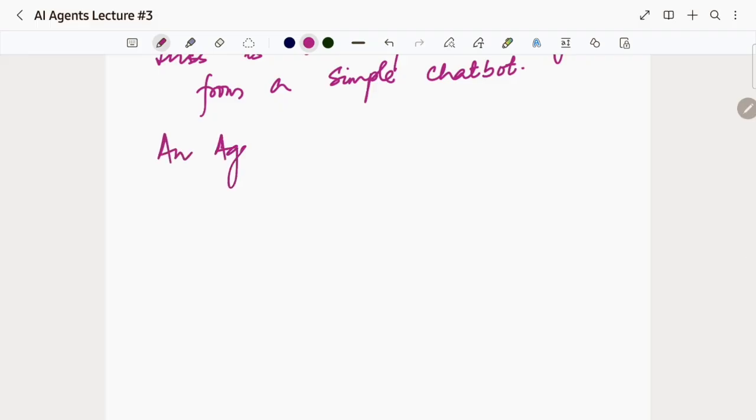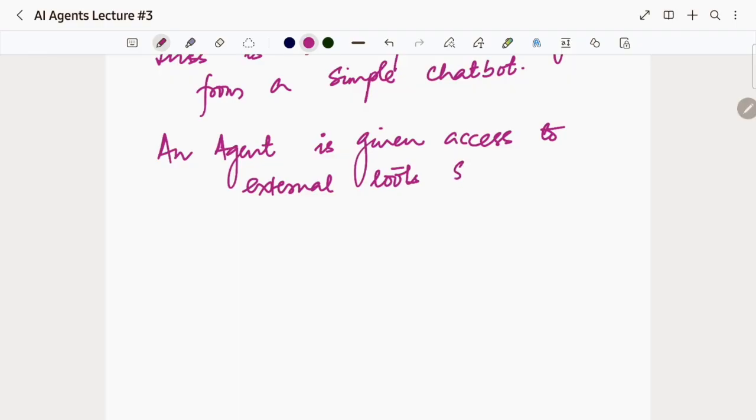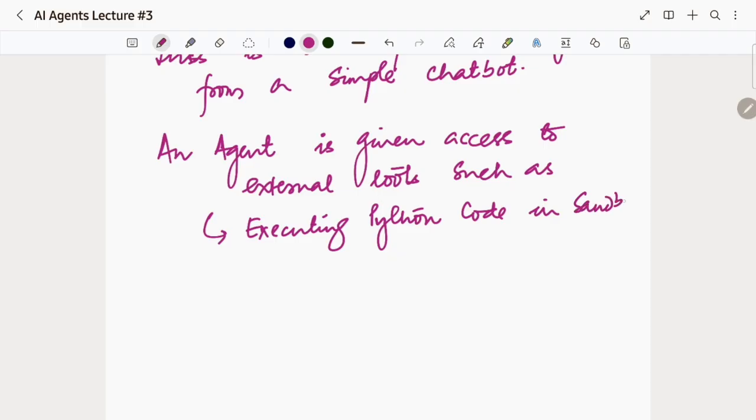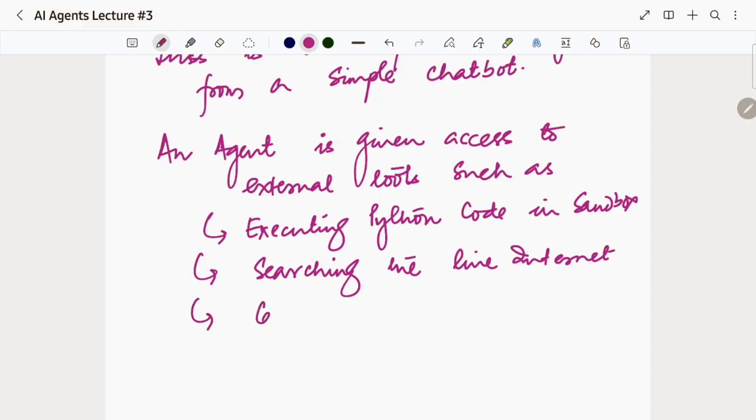An agent is given access to external tools such as executing a Python code in a sandbox, searching the live internet, calling external APIs,